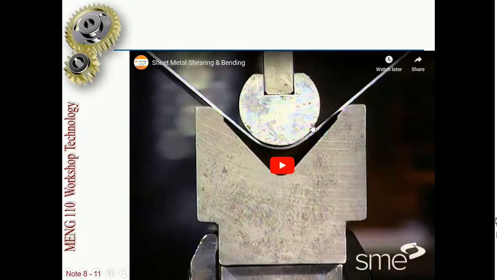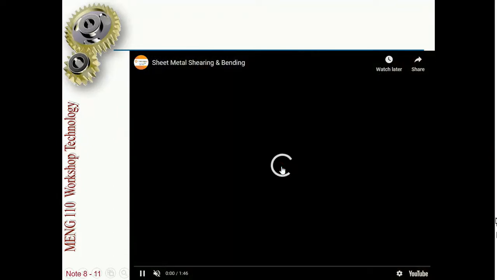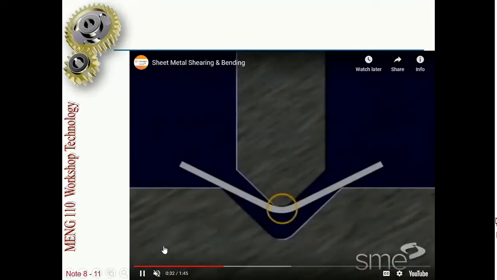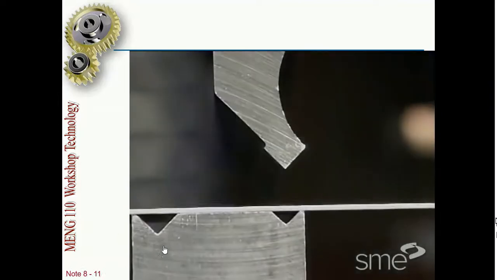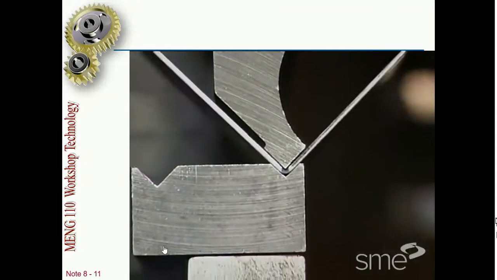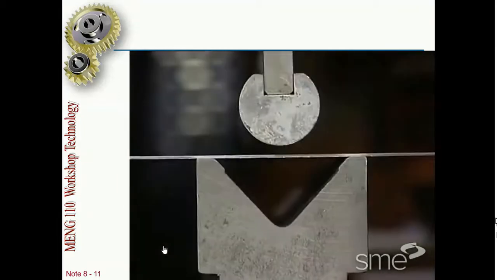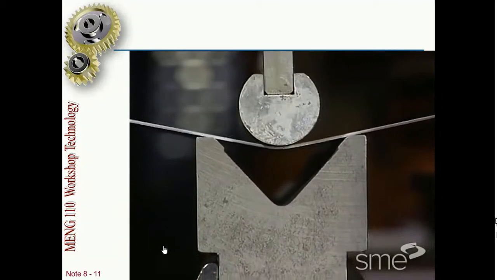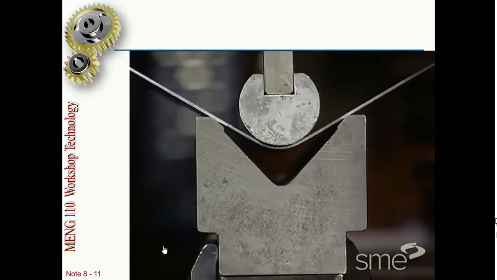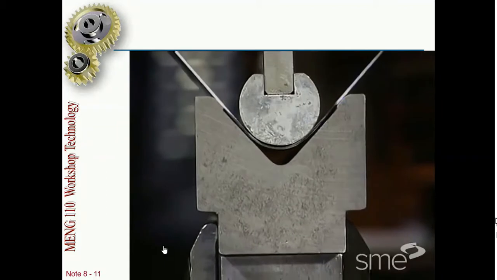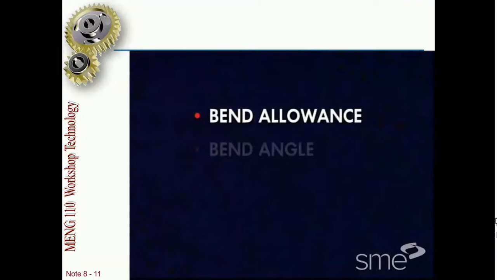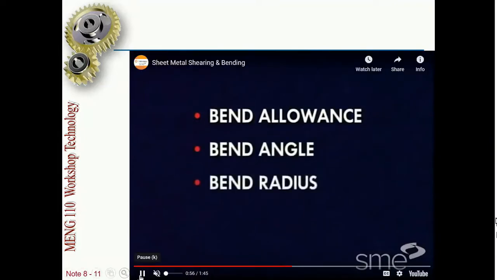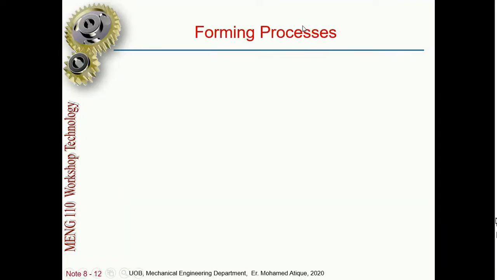The die is of V shape, but the punch is of a different shape and of lesser dimension. See here, this is V bending. See the shape, the punch and the die are both of V shape to get a V shape. This is air bending. See how the metal bends. The punch is of lesser dimension than the die. So here we will not get exactly a V shape, but a little curve at the end.